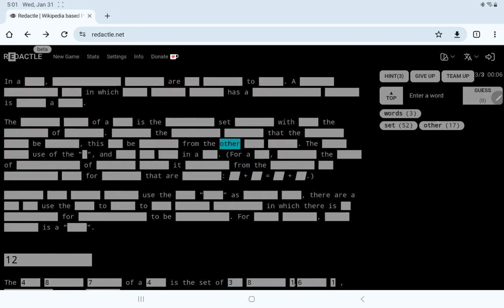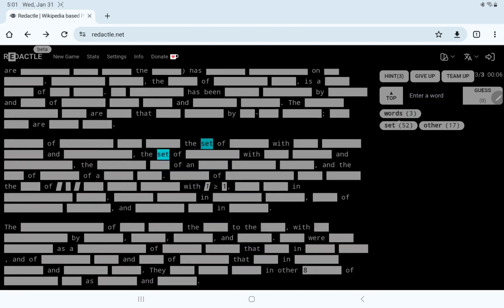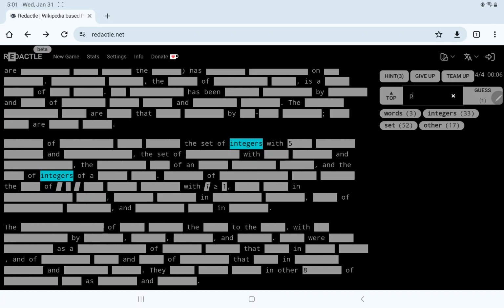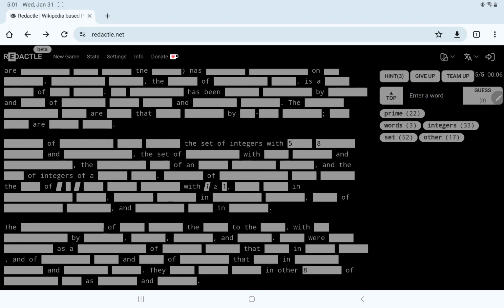In other something, from the other something, something. All right, let's look at our set, the set of integers, yes, with prime, no, with set of integers with 5, 8 something, the set of